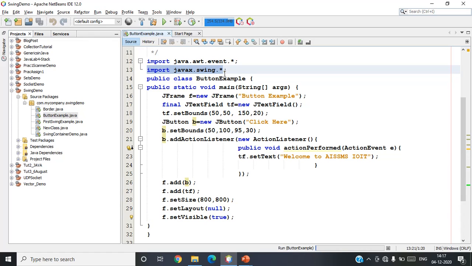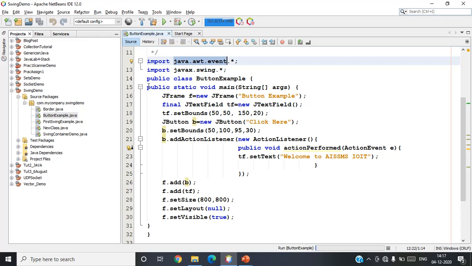It is the library which contains all the methods and supports the creation of objects of classes like JButton, JTextField, JTextArea, which we are going to see later in this program. Apart from that, for event handling, it is using another package, which is java.awt.event. So we are going to see the event handling also in this particular component.